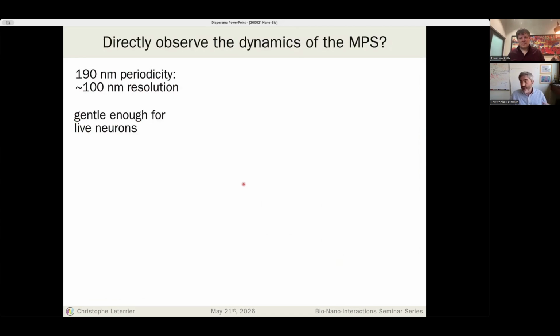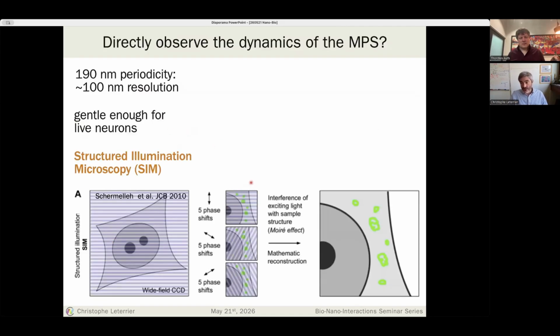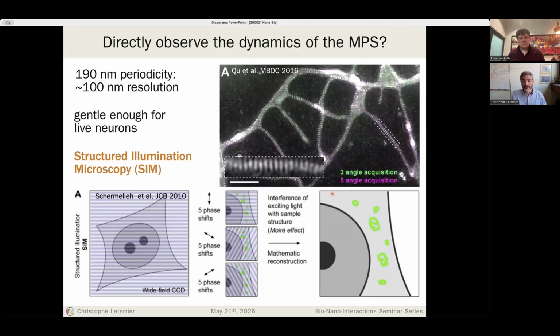And this is actually the surprise when we started looking at it live. We did that with structured illumination microscopy, which is based on using structured light and several phases, 15 images or 9 images, and after that, with mathematical processing, we can retrieve a 2 times better resolution. So we can do live, but with 120 nanometer resolution, compared to fixed only, but 20 nanometers. And it was shown that the MPS could be visualized by structured illumination microscopy back in 2017 by the lab